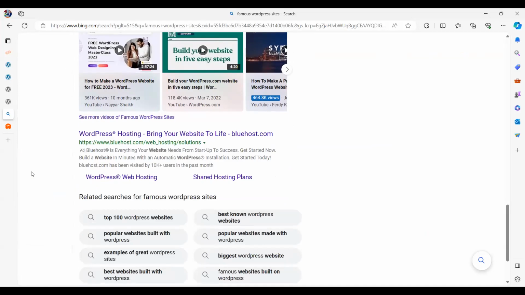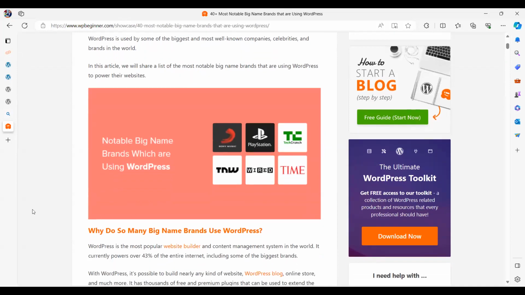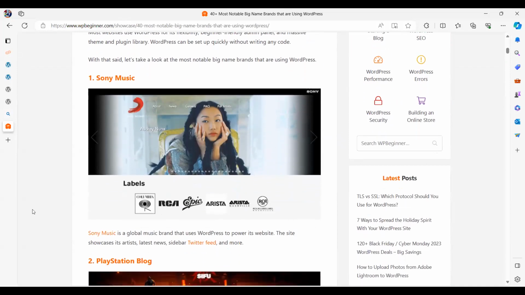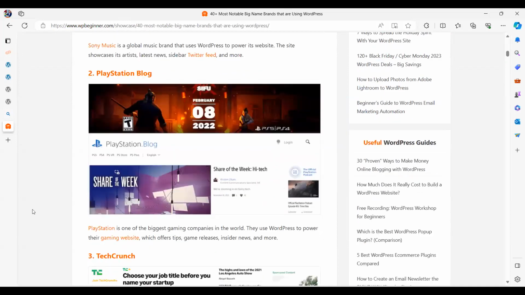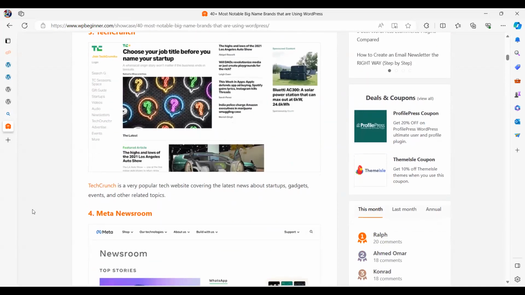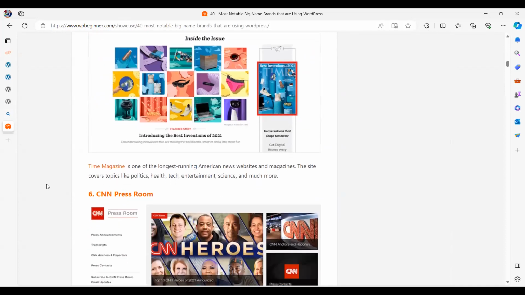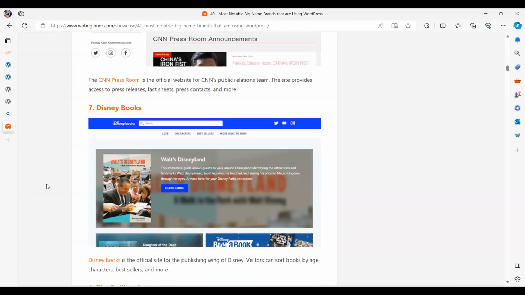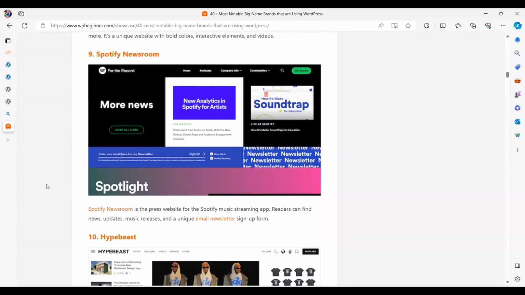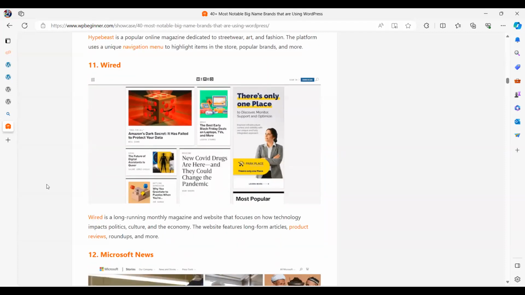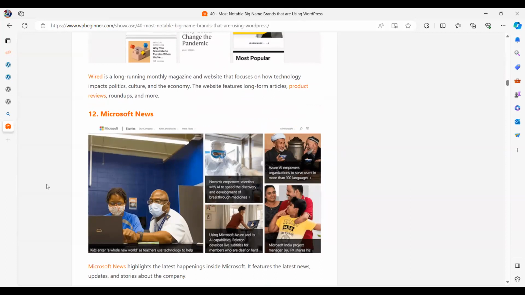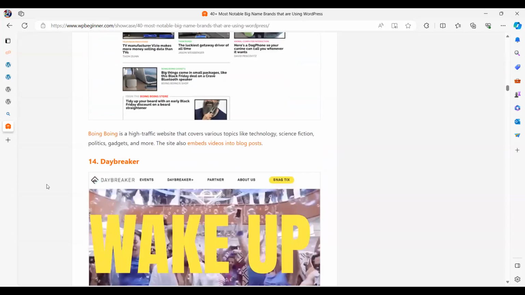Right. Now this may be important because if you are giving this to a client, he might ask or she might ask, who's using WordPress? Well, here's a list, right? So many people are using WordPress, including Sony Music, PlayStation, TechCrunch. It's an online magazine. This is from Facebook, Meta Newsroom, Time Magazine, CNN, Disney, Rolling Stones. There are so many top of the line companies using WordPress, including Microsoft News, because it's very simple to use, not only for the programmers, but also for the